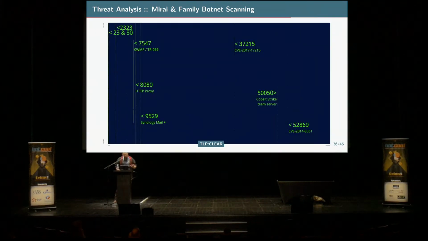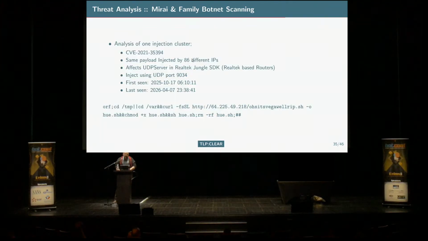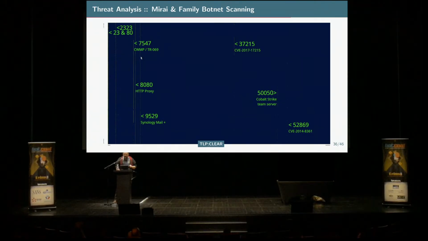So it's interesting to look at what they are scanning also. Back to the detector telescope, by only selecting these 86 IPs, you may see that this guy, of course, is targeting IoT devices, 23, 23, 80, but also looking for email and Synology, looking for other CVEs, looking for a Cobalt Strike team server. We don't know if it could see that. And also, that's a kind of management protocol for routers. That's more interesting. And it starts there, it ends there. So that's tons of information you may extract from that.